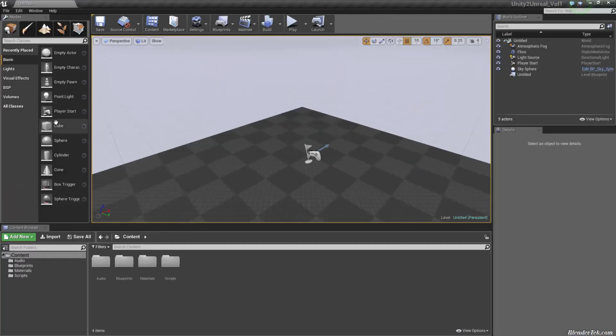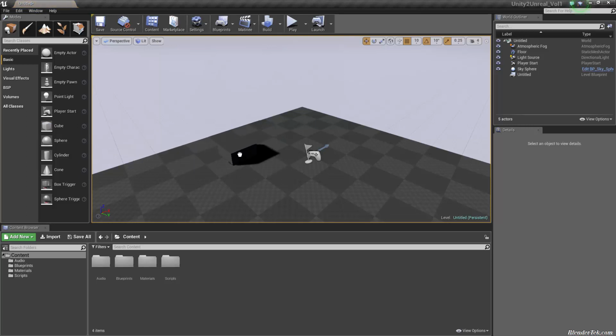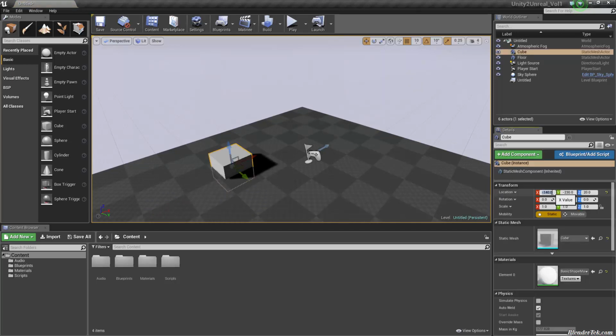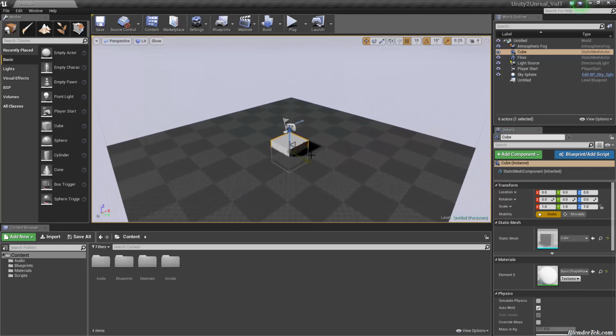So what I'm going to add is just a basic cube, a static mesh actor. So just a static cube. So I'm going to click and drag. So it's exactly the same as in Unity. But notice how it snaps to wherever I want. I can place it wherever I want, and it snaps right onto your level floor here, just like that. I can reset it to the origin 000, wherever that might be, right there. So that would be the exact same thing, and I can move it with the widgets, which are extremely hard to see through that, but once I get it above, it's easier to see.